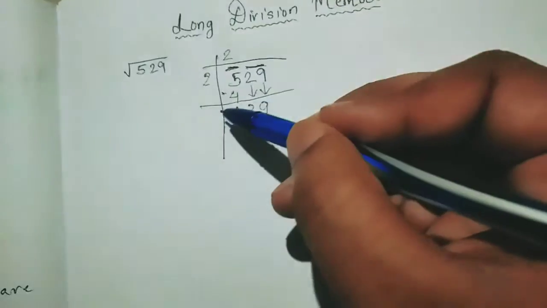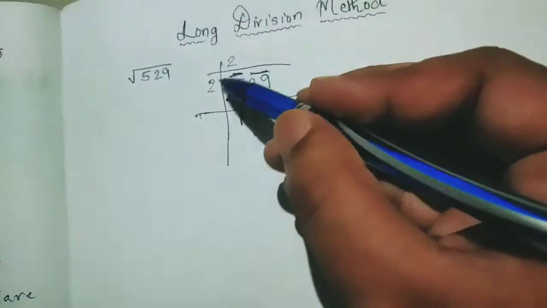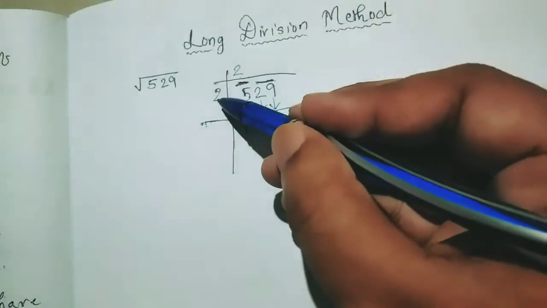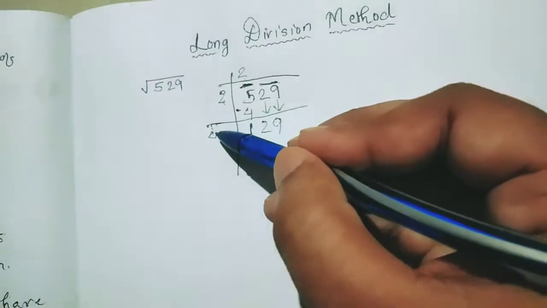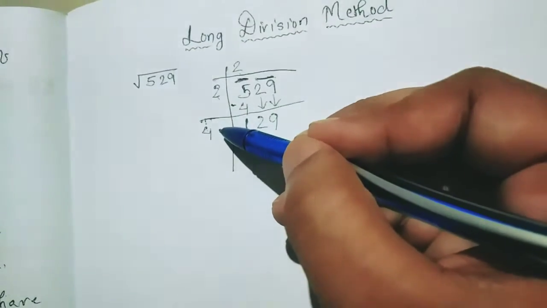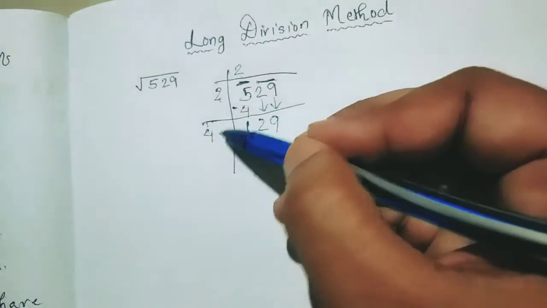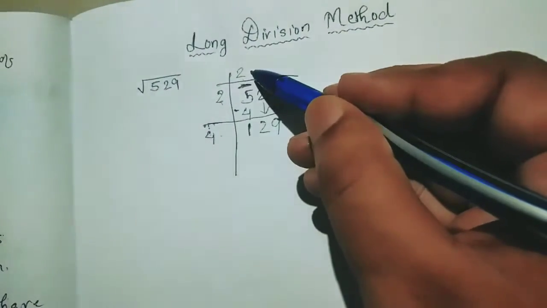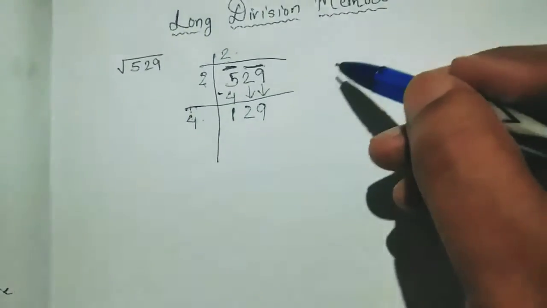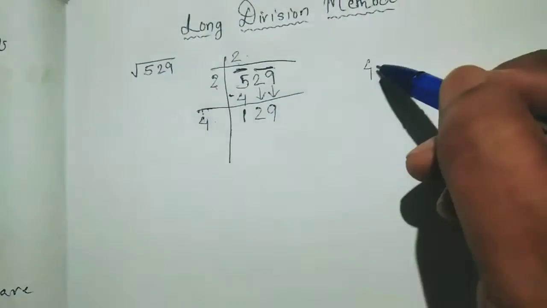Okay. Now next, what number will divide? Now the next rule is what? You have to add these two numbers. Whatever number you have multiplied previously, you have to add it. 2 plus 2 is 4. After adding, you have to write it here. Now you have to find a number to multiply, writing that number here and multiplying with it, so that we get this 129. So you have to try which number it will be. Suppose you keep 1 here,